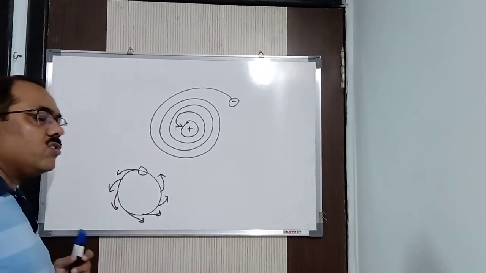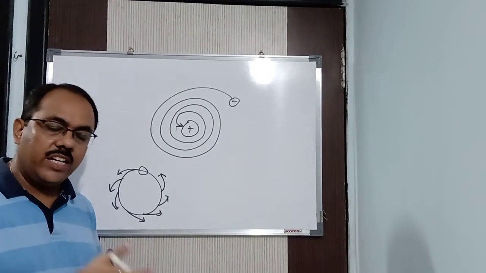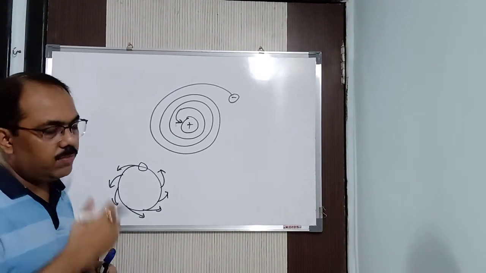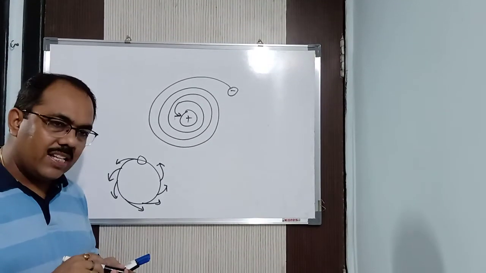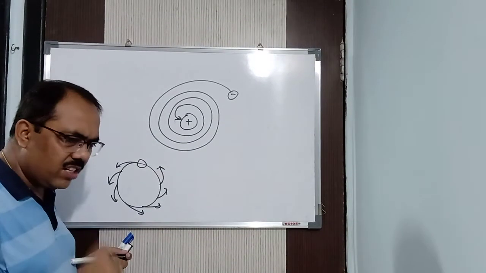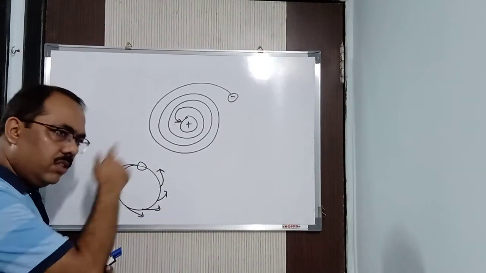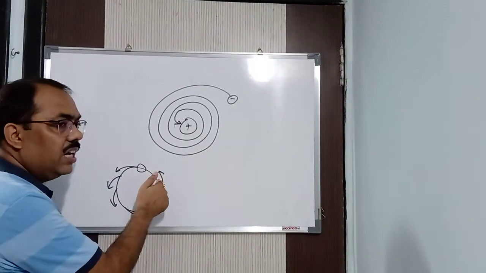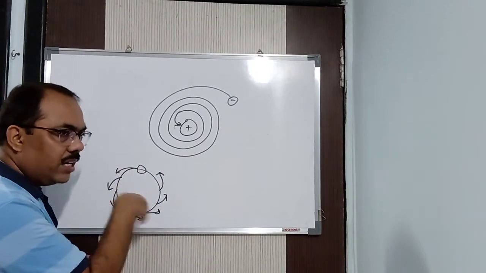Due to the change in angular velocity, there is a change in energy, because angular velocity is related to energy. Like you have kinetic energy, half mv square, that is for linear velocity. Here the same thing, we also have the angular velocity, which will give you the energy. Now as the angular velocity is changing, it is decreasing. Why? Because when a charged particle is moving in a circular path, it is losing its energy. Every moment the direction is changing, its velocity is decreasing, not increasing, and due to which it loses energy.